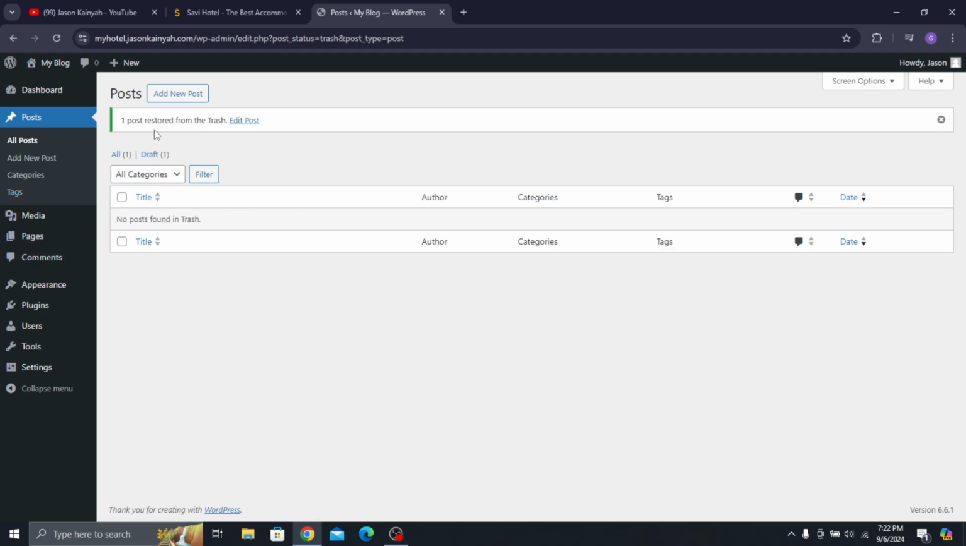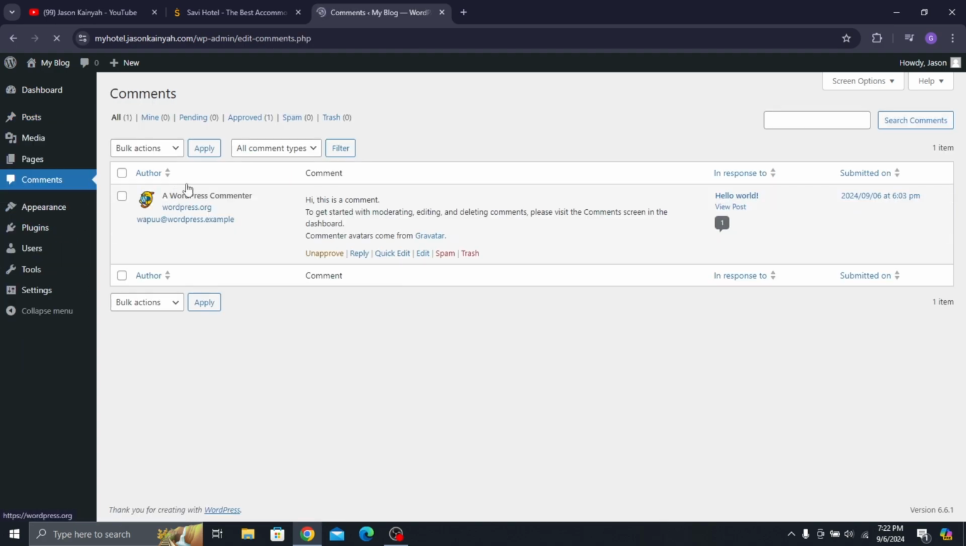Okay, and then once I do that, if I go to comments again, you're going to see that we have a little dummy comment over here. So you can unapprove the comment, you can reply to the comment, you can spam the comment, or you can trash the comment. Okay, so now I'll skip over the appearance and plugins for now, and I'll come and explain them